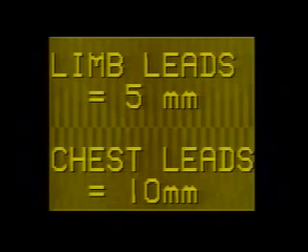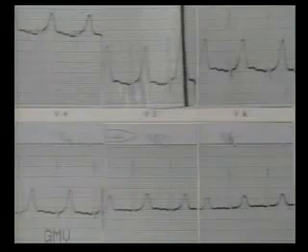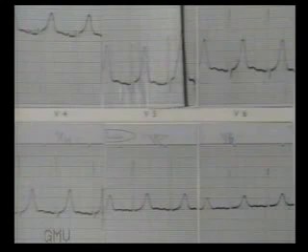Tall T waves. The normal variations in the T wave amplitude are often confusing, and generally T waves should be considered pathological if they are more than 10 mm tall in the chest leads and more than 5 mm tall in the limb leads. In the evaluation of tall T waves, the associated ST segment changes are very important. The tall T waves are most noticeable in the chest leads.